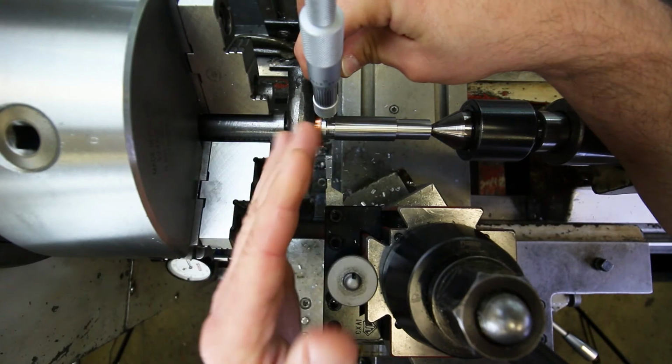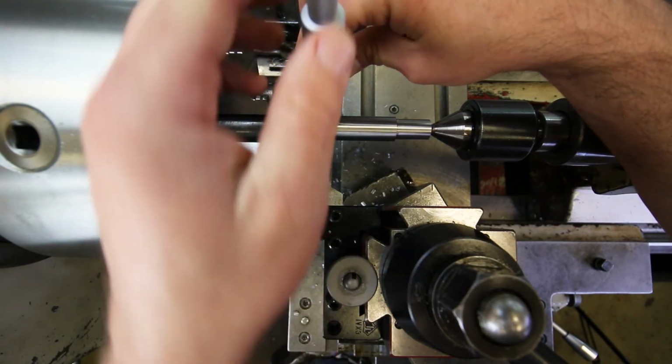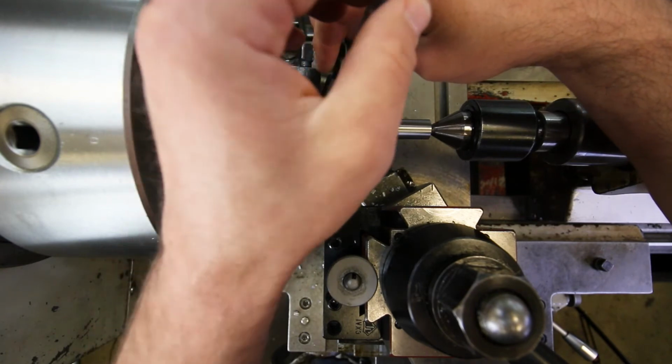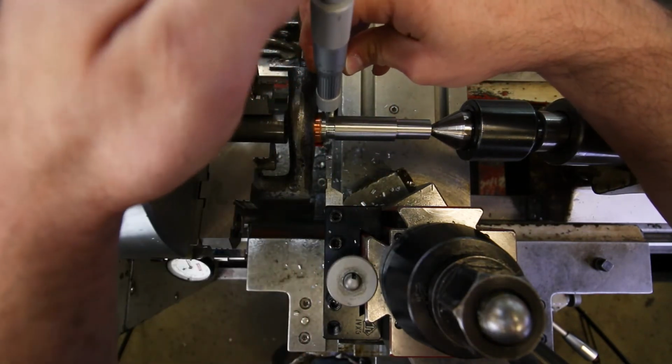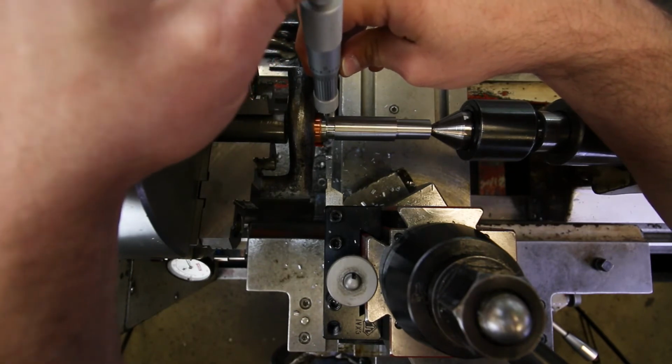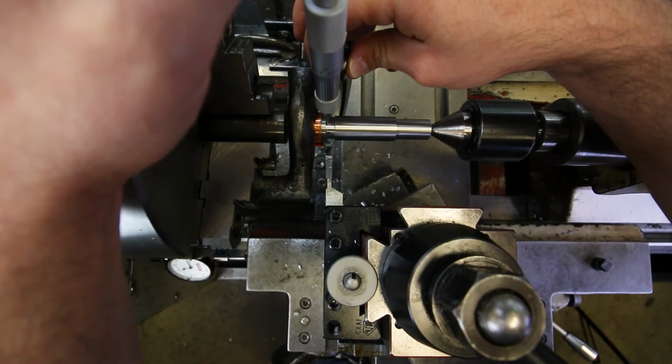You have to be real careful, because the contact points are so small, you can easily get it knocked out. I mean, you can easily read diagonally when you really want to be reading straight up and down across the diameter. You just have to be careful. Just rock it around and make sure that you're right where you want to be. So this is telling me